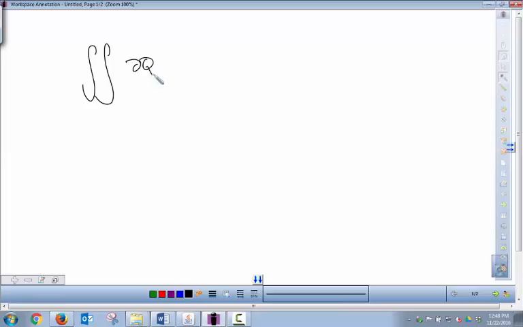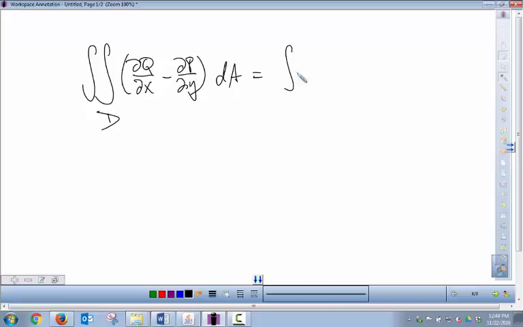Q, P, x minus dp dy is equal to line integral of, and they write P dx and Q dy, but let me write it a little bit differently. I'm going to write it with P Q dr,